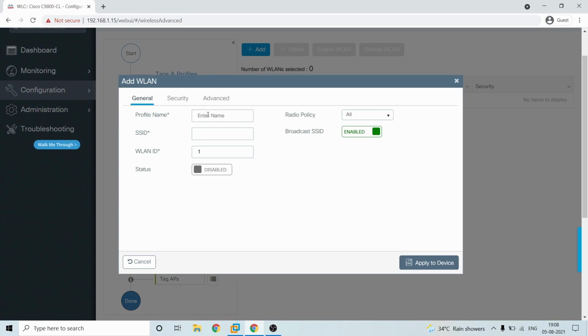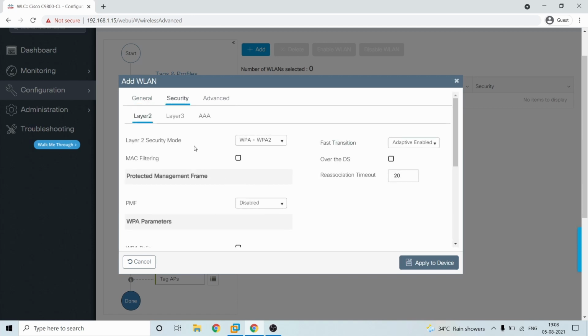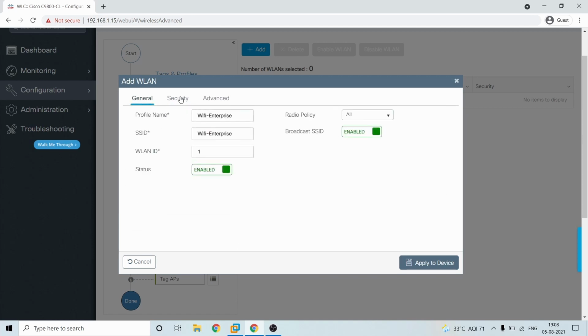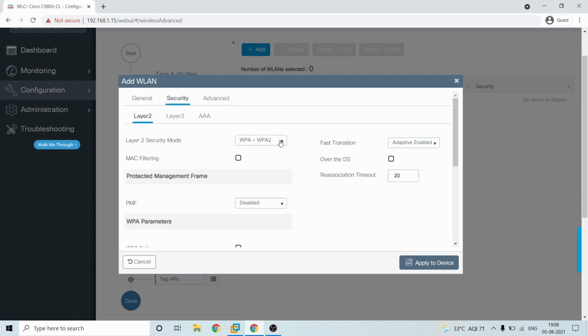Click on add. You can give a name. I'll just give Wi-Fi primary or Wi-Fi enterprise. Okay, and the SSID you can have as the same SSID or different. Status is enabled, and under security, as it is an enterprise profile, you can have layer 2 security with WPA2 or WPA2 and 3. Okay, and if it's a small organization, let's say 20 users or 30 users, you can always enable MAC filtering. That will be the best way because no other users can come into your controller environment. Or if it's a bigger environment, AD should always be preferred.